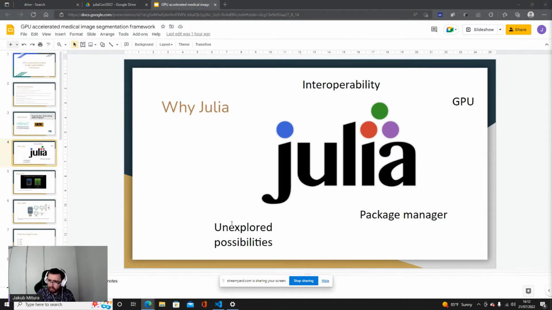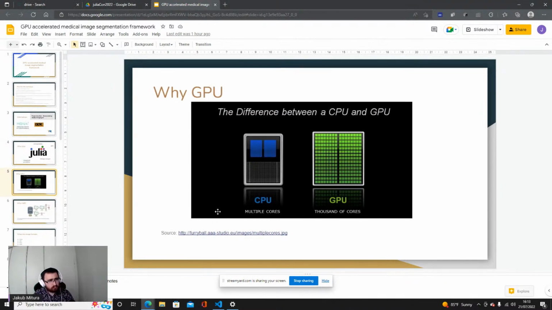However, in the case of Julia, if you want to do something new, if you think about some new algorithm, it's, at least in my opinion, far easier to achieve because it's easier to cooperate, to get some new idea from idea to execution and to use the huge amount of tools that are already implemented. So this is the basic idea: why Julia, and why I did it.